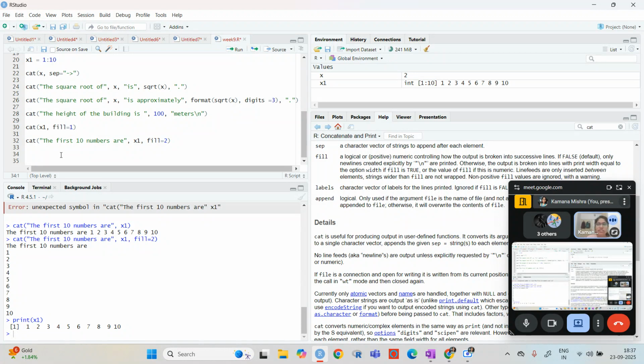But that needs to be only in one format, not in another format. But in cat, that is not a restriction, so we can print the numeric, we can even use the format function inside, and maybe matrices and all we can also insert. So basically we can have the string and the numeric all in one line. So that is one thing we can use.